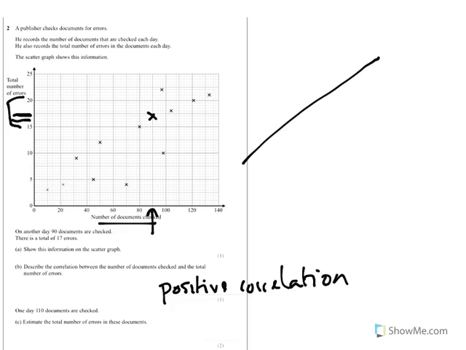And finally, we're asked to estimate the total number of errors in the documents when there are 110 documents that are checked. What we need to do is to draw a line of best fit into this scatter graph. So with a ruler, we need to draw a line that would fit between all the points. Try and have an even number of crosses on either side of the line, and then we go up from 110 up to the line and then read across,